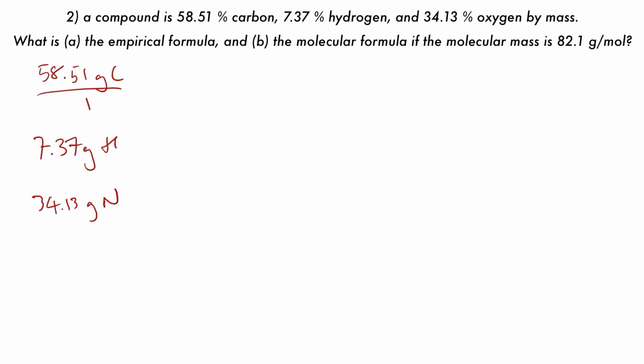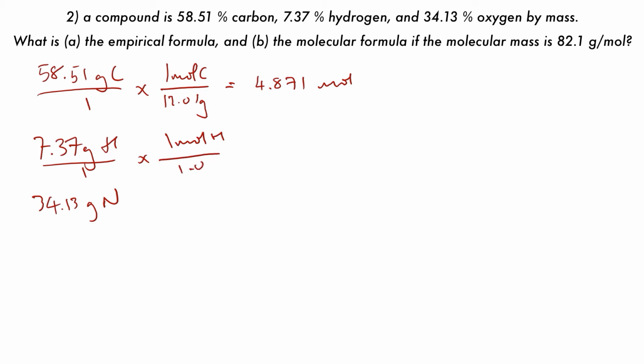We then again need to find the number of moles in our sample of each of the elements, and so 1 mole of carbon is 12.01 grams. So that would give us 4.871 moles of carbon. Then for hydrogen, we would have the molar mass of hydrogen is 1.008 grams, which is equal to 7.312 moles. And then finally, we would have the number of moles of nitrogen being 1 mole of nitrogen having